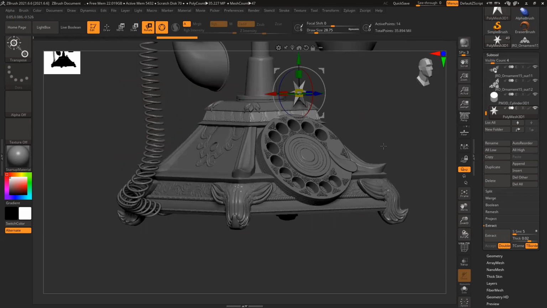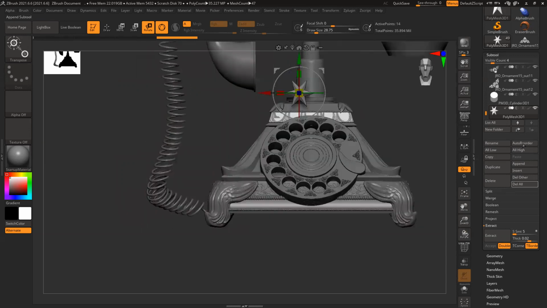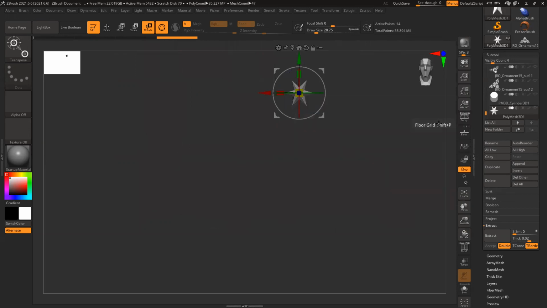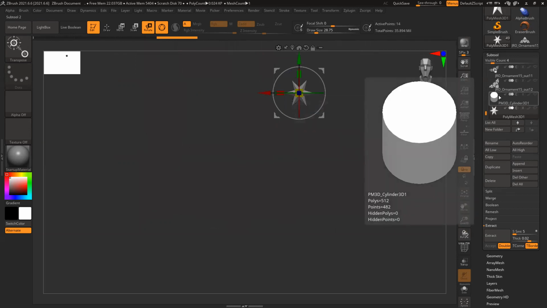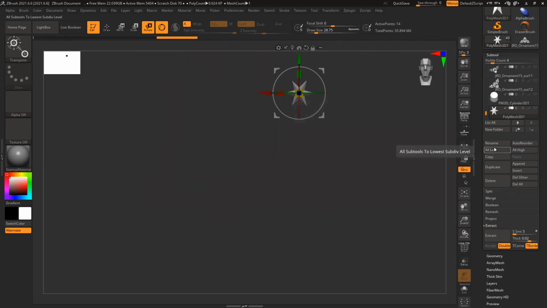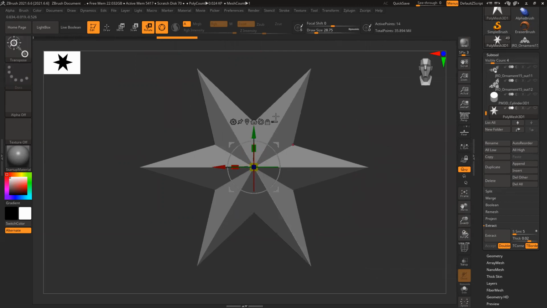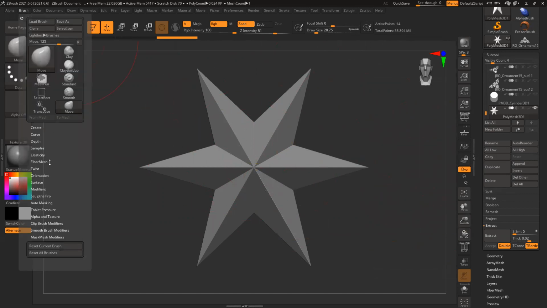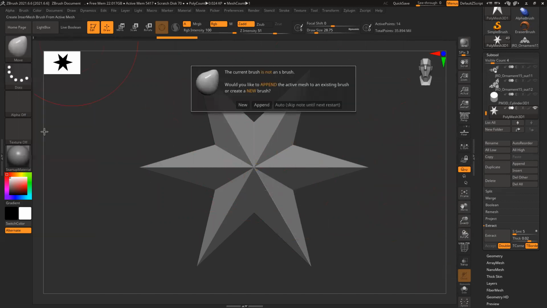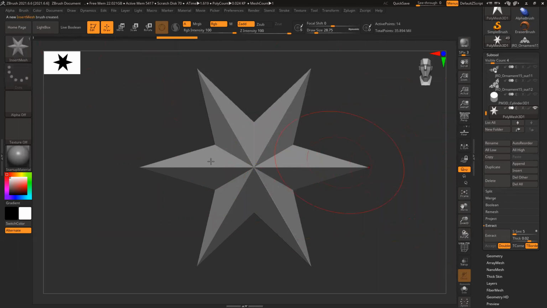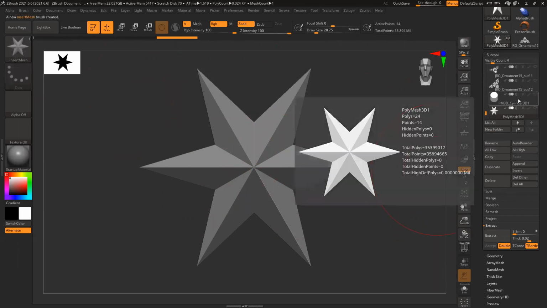I don't want to do it manually, because manually it will be really difficult. So what I'll do is create a brush out of it, just the star. Nothing else is visible, only the star is visible. Go to Brush, Create, Create Insert Mesh. Okay, new, done. So this thing is not required anymore.